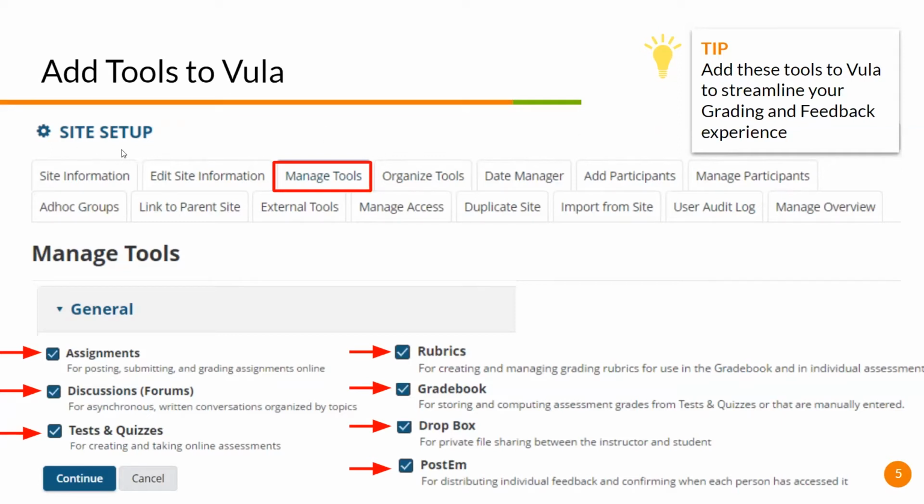The tools that we recommend that you add would be assignments, discussions, which was formerly called forums, and tests and quizzes. You might find, if you have other lecturers teaching on your site with you, that they may have added these tools already, but these three tools are the primary tools where you'd be able to receive submissions from students and have gradable submissions, which could then feed through to the